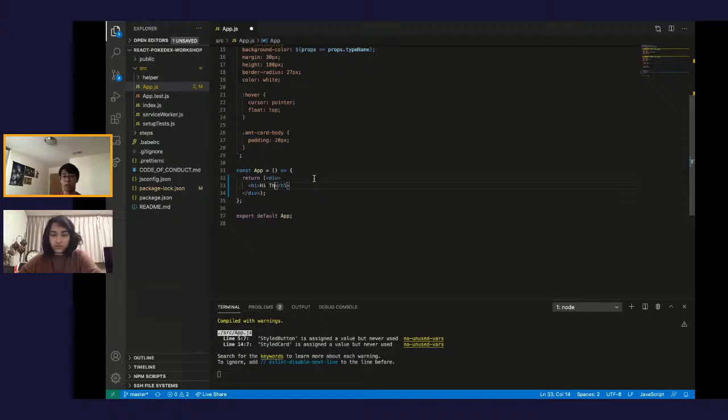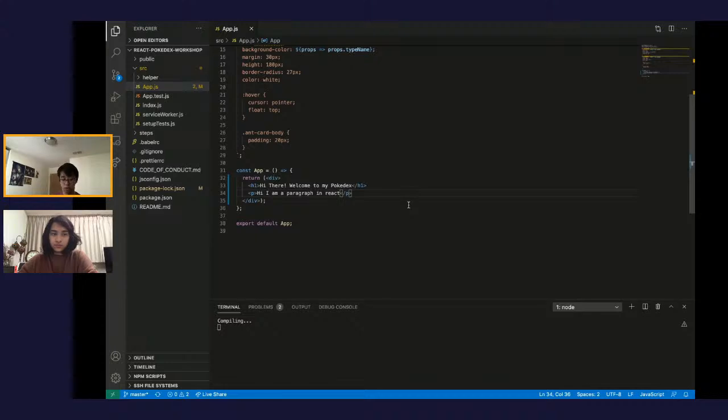And let's say hi there, welcome to my Pokedex. Or whatever you want. And let's add another paragraph where it says, hi, I am a paragraph in React. If you click save,